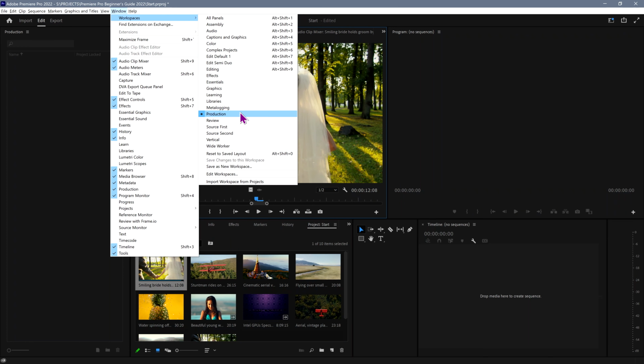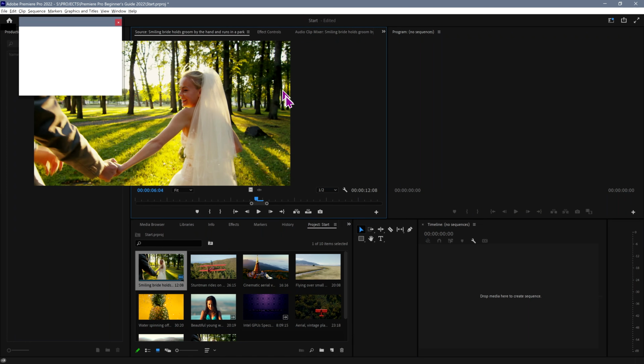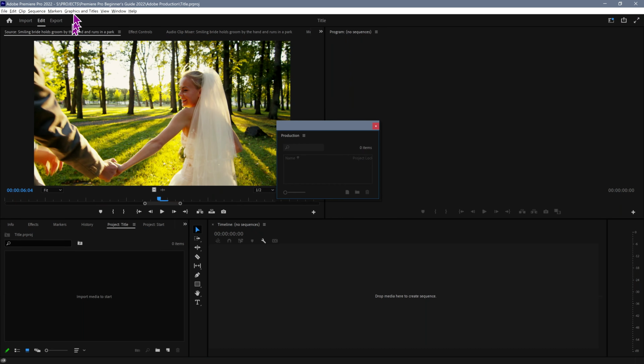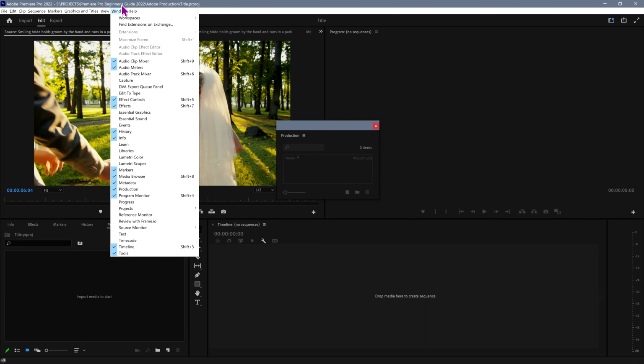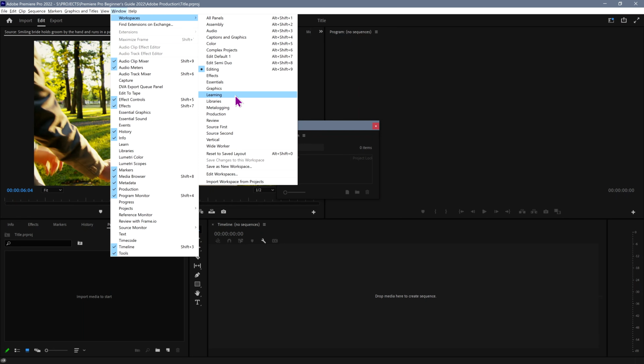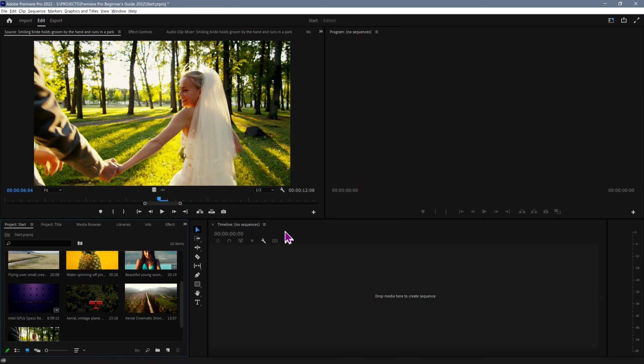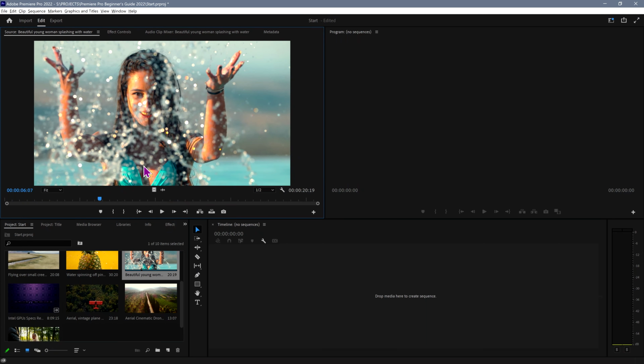We're currently working in the highlighted section. We could change it to editing, and this will rearrange things according to the way that I want them to be rearranged. And we could go ahead and actually go to workspaces, reset, and that will reset it to its original settings. Now, when you're working with the panels like this, the source area is where you would be editing your initial